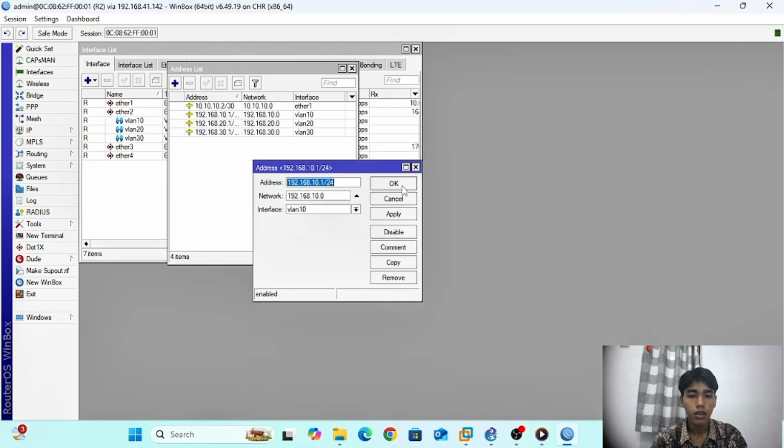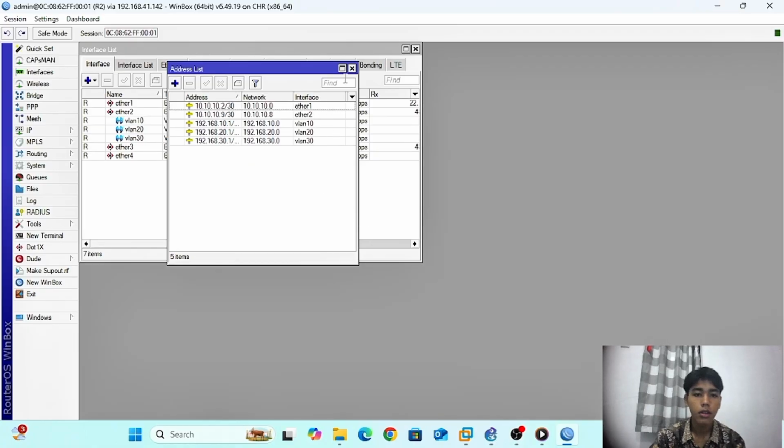And create an IP address for interface ether 1: 10.10.10.9/13.